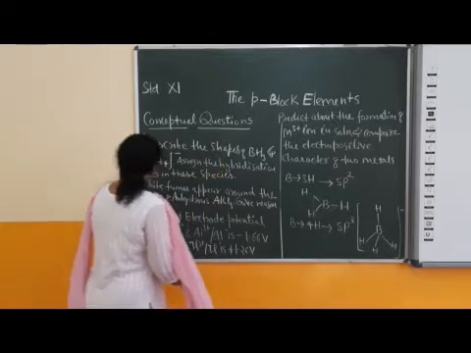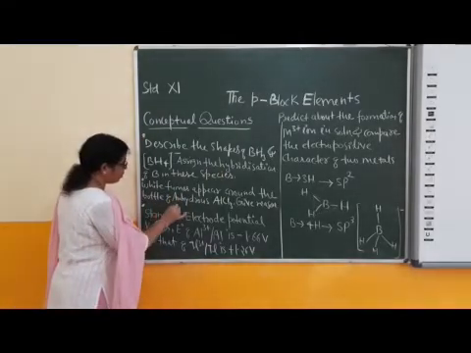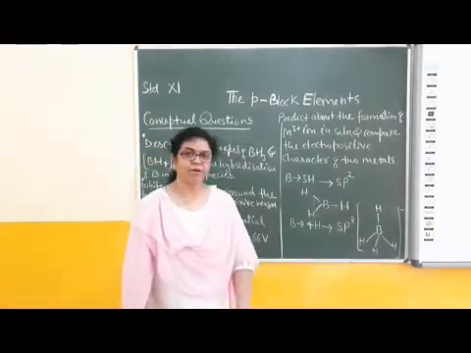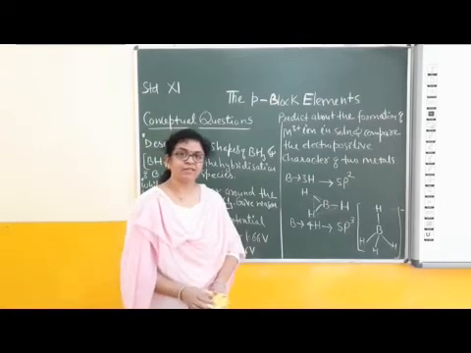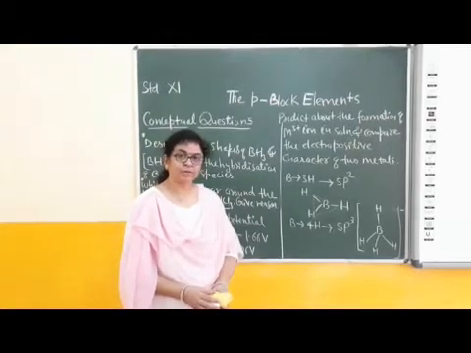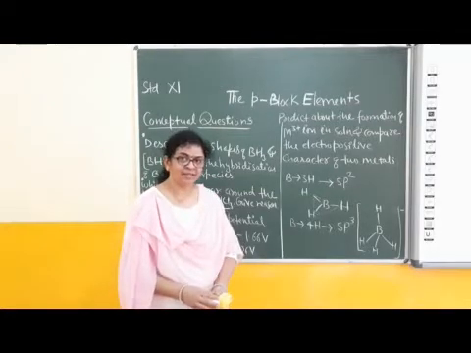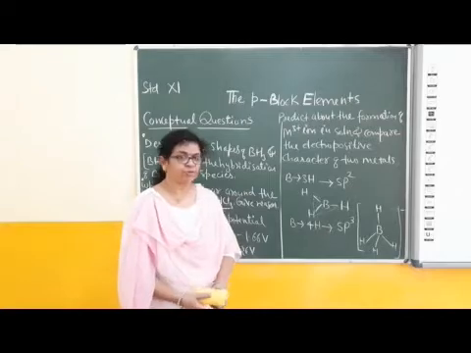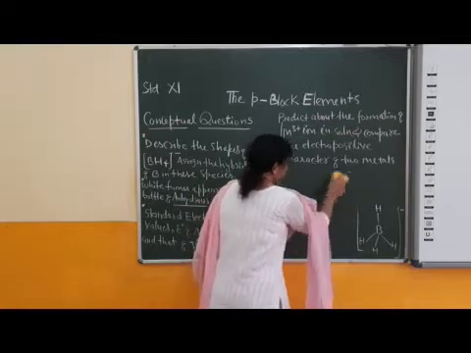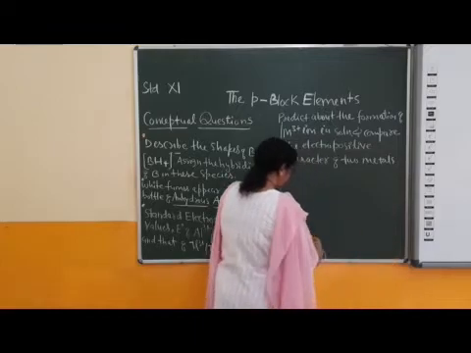Okay, children. Now second question: white fumes appear around the bottle of anhydrous aluminum chloride. What is the type of aluminum chloride? Anhydrous. Anhydrous means without water. Then what happens when aluminum chloride is hydrolyzed or reacts with water? Formation of hydrochloric acid, which appears like white fumes. The complete answer is based on a chemical reaction equation. And what is the possible reaction equation between aluminum chloride and water?